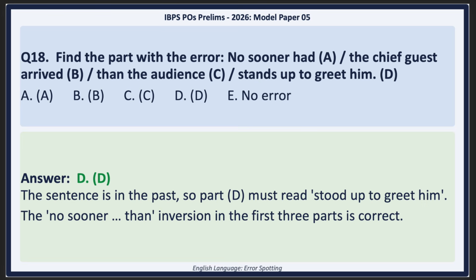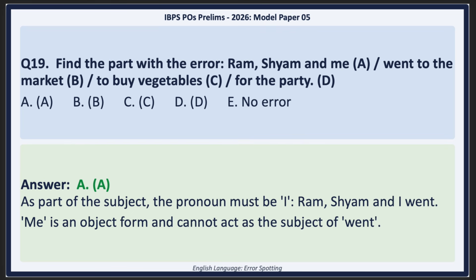What about question 19? "Ram, Shyam, and me went to the market." I hear this mistake literally every day. It's very common. This evaluates subject versus object pronouns. The phrase "Ram, Shyam, and I" acts collectively as the subject performing the verb "went." So they are doing the action. Exactly. Therefore, you must use the nominative pronoun "I." Option A contains the error. The addition of Ram and Shyam distracts the brain, making "me" sound acceptable to the ear, but the underlying mechanics forbid it. So it's like throwing a ball. If you're throwing the ball, you're the subject. You use "I." If you're catching the ball, you use "me." You wouldn't say "me threw the ball." That's a perfect way to visualize it.